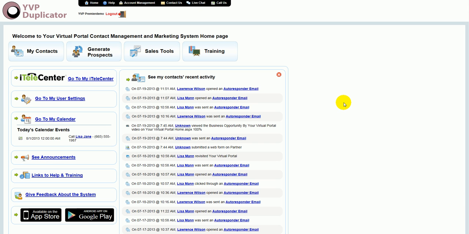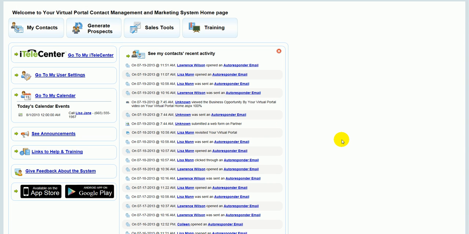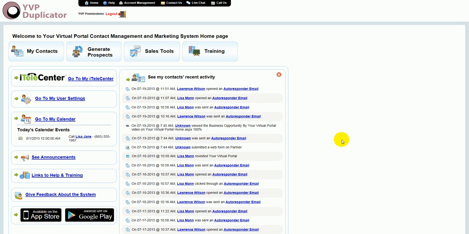And that wizard is designed to allow you to enter certain information so that it can be placed throughout the system. And then you're going to drive traffic to your landing pages. You're going to get individuals into the system so that the emails can start to drip on them once they've filled out their information, and you can work that business. Now, we're going to get into a little bit of training for those of you who already have the YVP Duplicator system. For those of you who don't have it yet, you'll be pleased to see that these features are